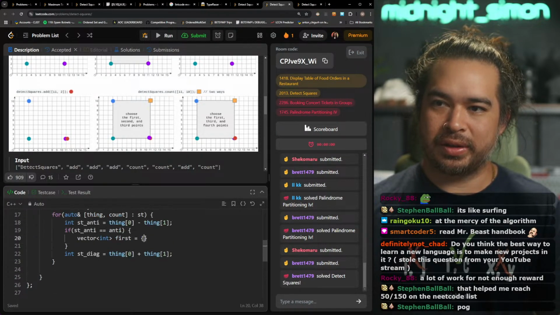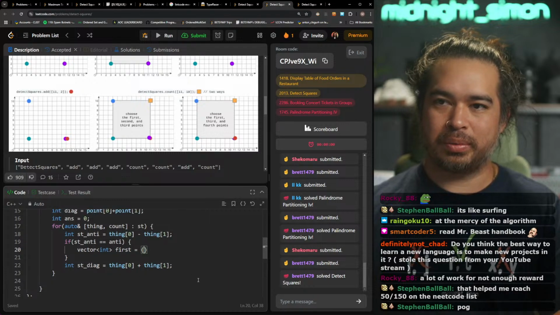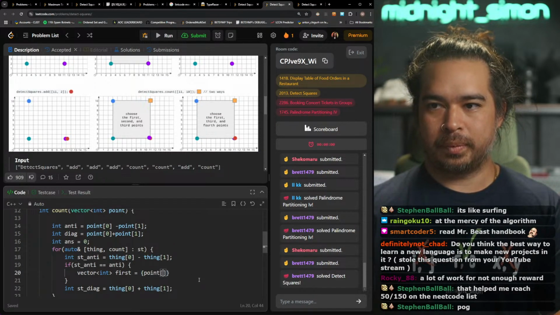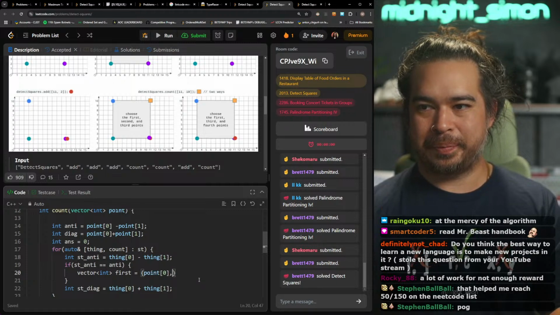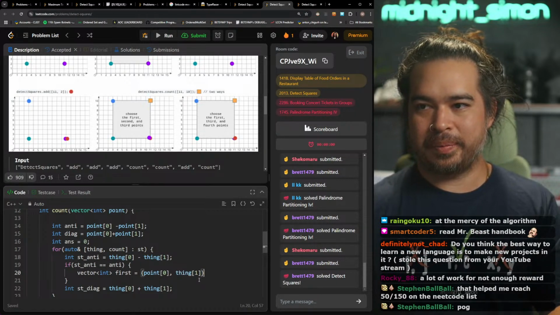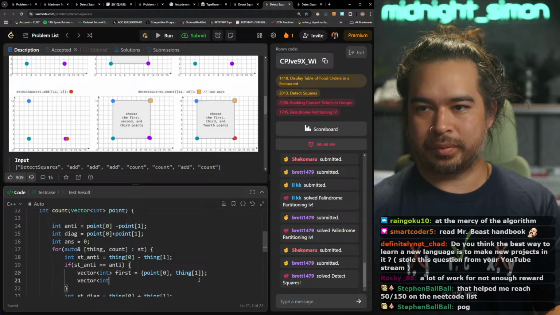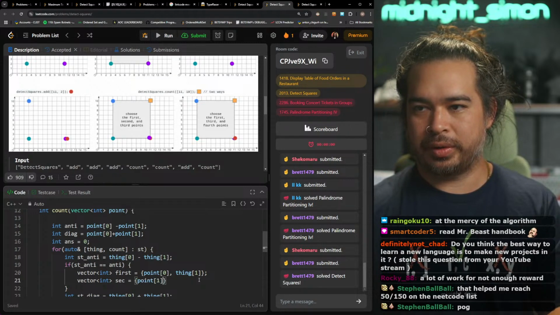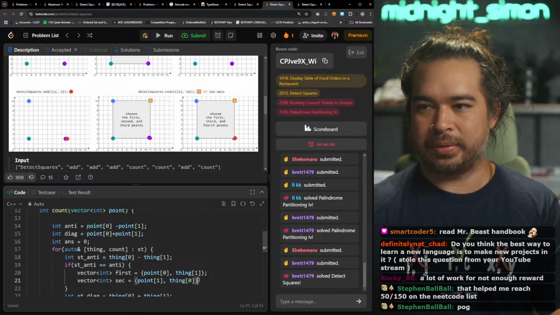P10, yeah, just one of each. So this would be 0.0, and then thing 1, .1, thing 0.